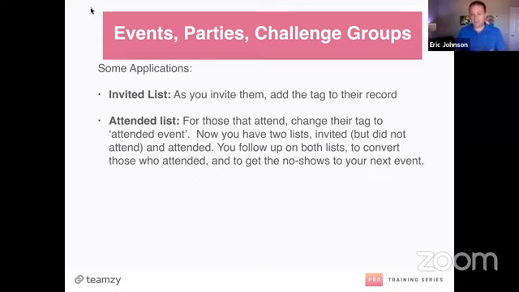And then after you have the event, you want to go through everyone who attended and change their tag to attended, right? And leave everybody who was invited just as invited. Now you'll have two lists. You'll have the invited to the event but did not attend, and you'll have the attended list, right? Because you're going to follow up differently on each. You're going to follow up with the attended people to try to help them convert, purchase, whatever, join the team. And you're going to follow up with the did not attends to try to get them into the next group or event. With me? So it gives you an easy list to go through and you know exactly what to follow up with. You can be efficient, just bam, bam, bam, message those people and follow up, okay?